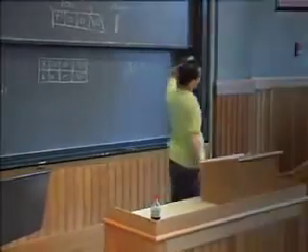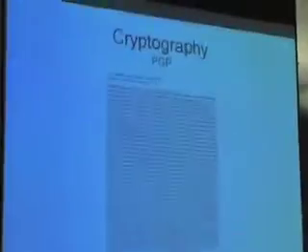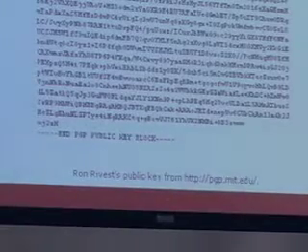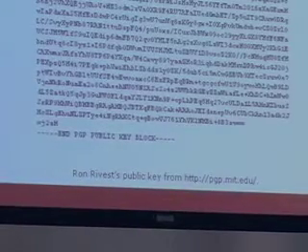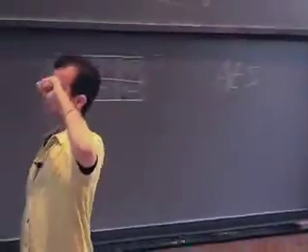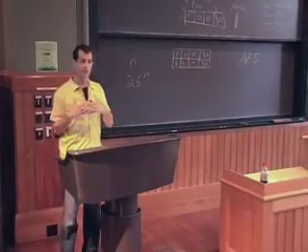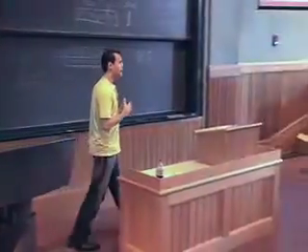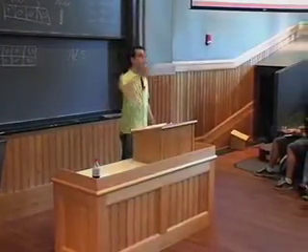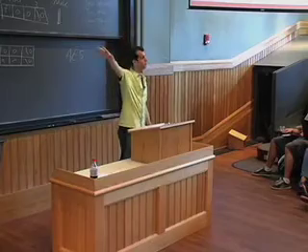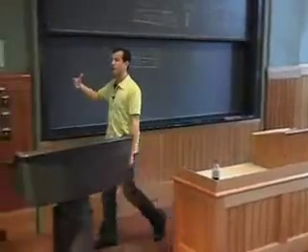This, in fact, is Ron Rivest's public key, who's a professor over at MIT and is one of the authors of RSA, which is an algorithm you might have heard. I just looked this up in MIT's directory. And so Ron can essentially publish this on his web page and say to the world, anytime you want to send me a secret message, encrypt your message with my public key. What Ron Rivest can then do, using the private key that corresponds to his public key, is, because of this mathematics, decrypt any message that was encrypted with his public key.